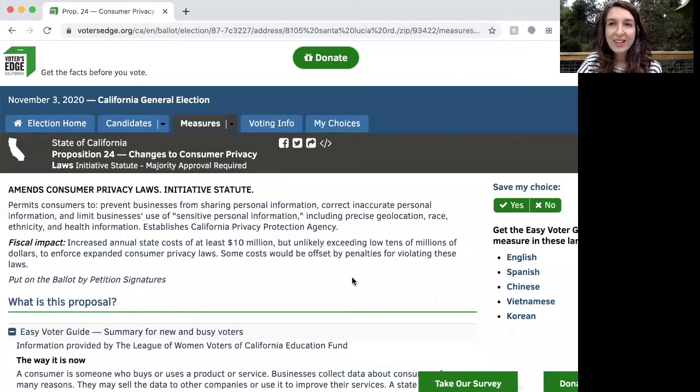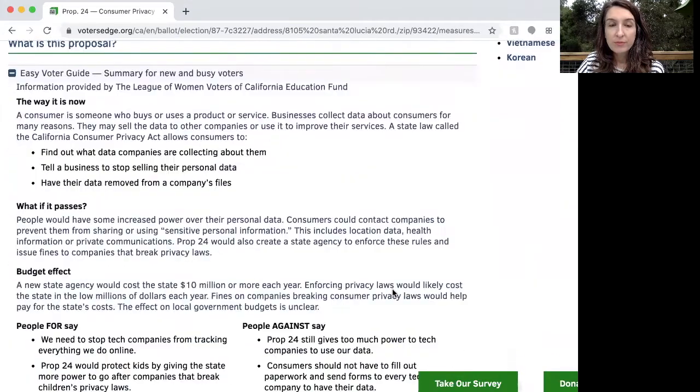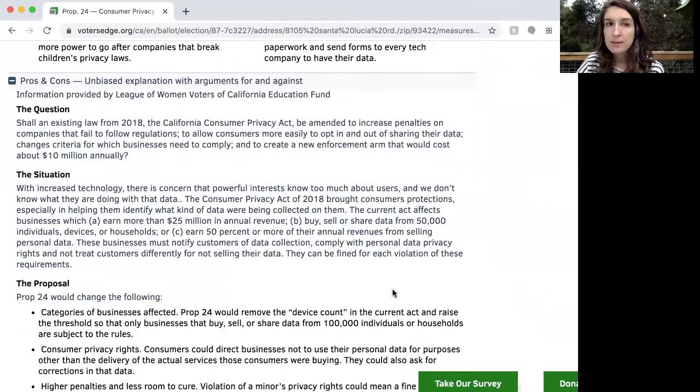Next, I wanted to bring in some outside resources to help me wrap my head around the proposition. So a lot of people like Voters Edge, which is a project from the League of Women Voters, which is an excellent, long-time, nonpartisan group to help with voting. And Voters Edge has so much information, they explain the propositions,